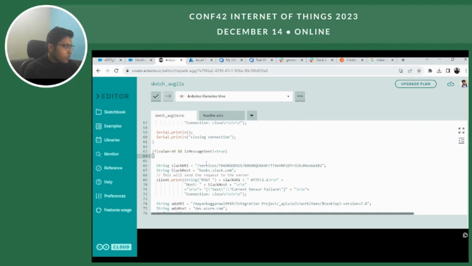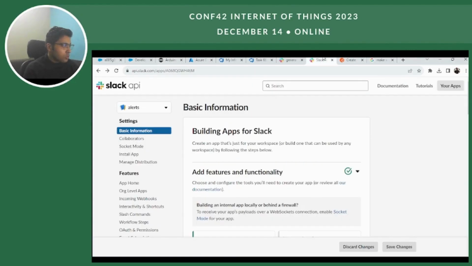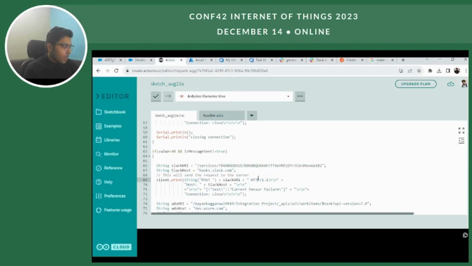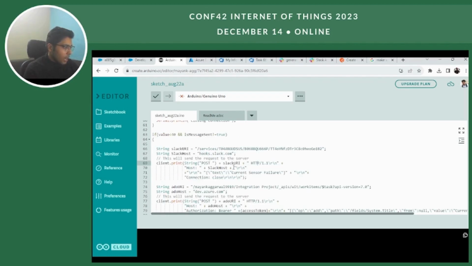Now what I'm doing over here is again calling the Slack API. This is the Slack host and this is the Slack URL or endpoint which I got by doing those configuration changes on the Slack API side. I have passed this endpoint and URL over here, and this is a POST API call.